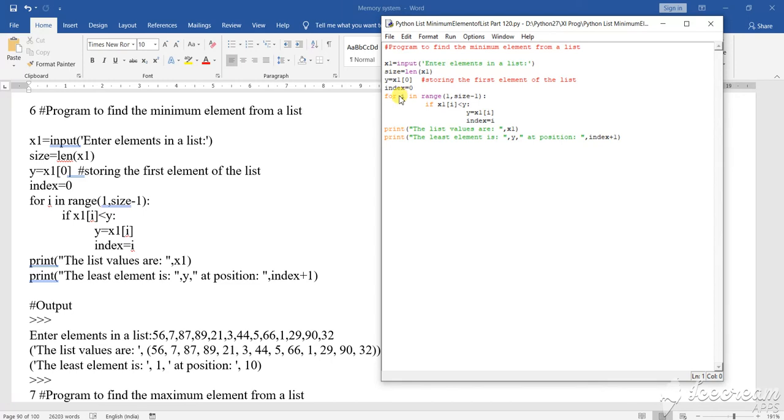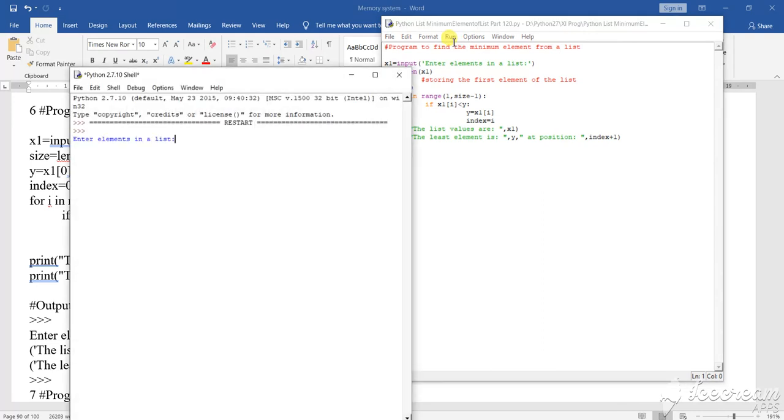That means the elements in the list will be taken from this area.